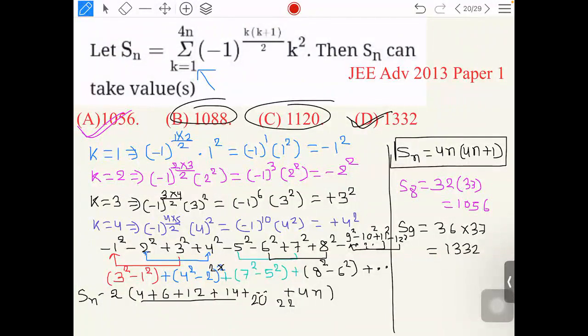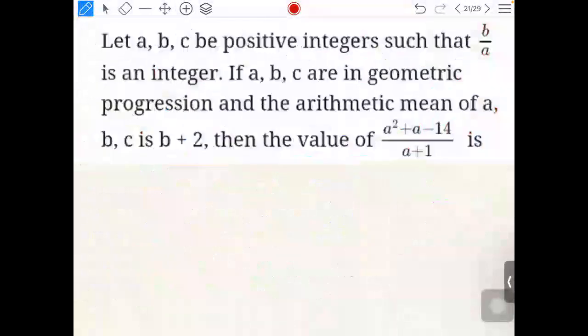चलिए अब चलते हैं हम लोग नेक्स्ट क्वेश्चन पे। ज्योमेट्रिक मीन ऑफ ABC इज B+2। सॉरी, अर्थमेटिक मीन ऑफ ABC इज B+2, ये दिया हुआ है।